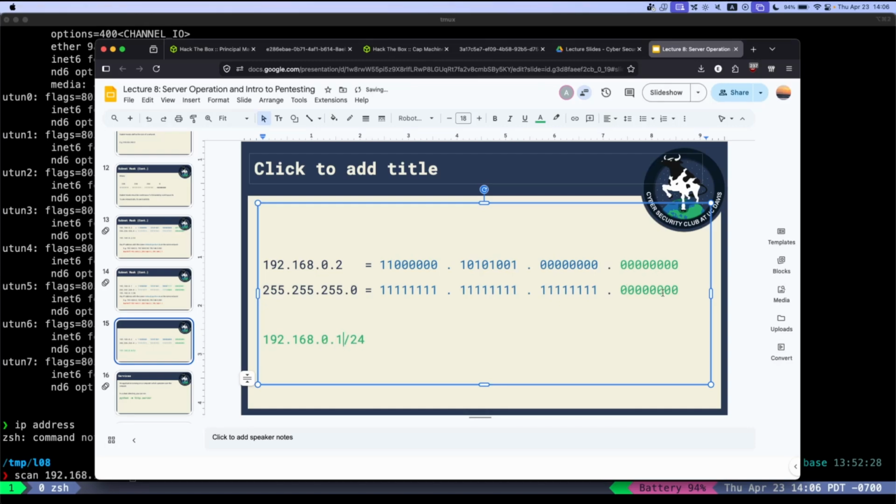So just setting all the host portions to 0. You can think of it as doing a bitwise AND. If you AND anything with 0, it'll output a 0, right? Because the only thing that outputs a 1 from a logical AND is 1 and 1. So if you AND the subnet mask and the IP address, what you'll get is that all of the blue portion stays the same, and all of the green portion turns into zeros. We can do another example with